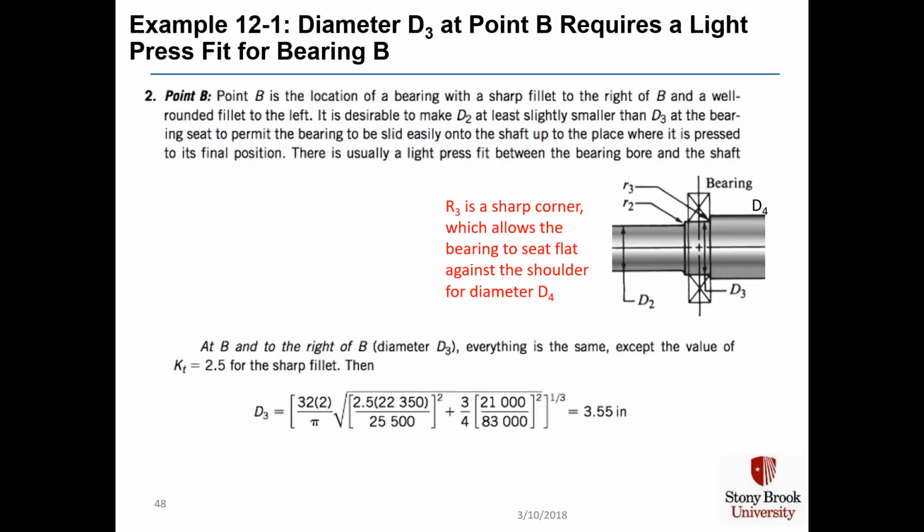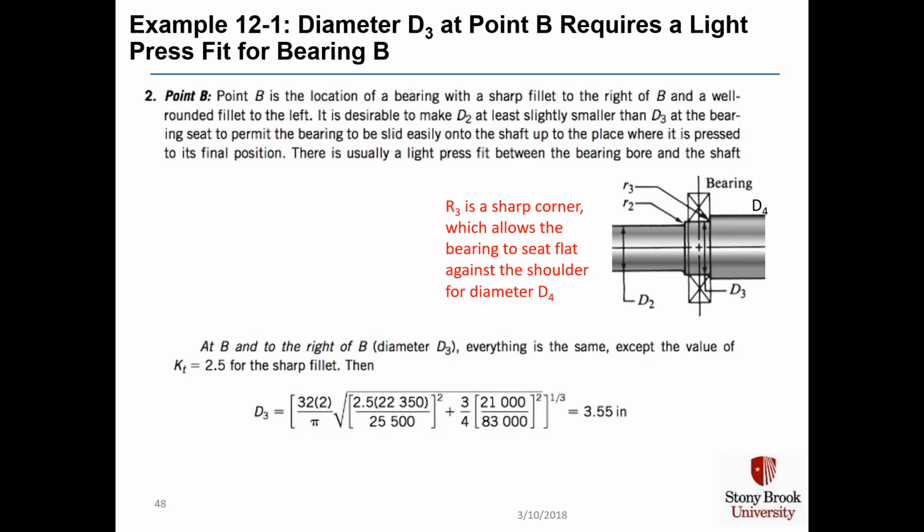Now the diameter D3 at point B requires a light press fit for bearing B. R3 is a sharp corner that allows the bearing to seat flat against the shoulder for diameter D4. Now the torque and the moment at D3 are the same as the torque and the moment at D2, but